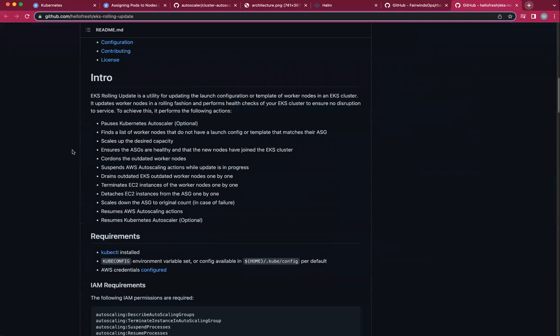And what this is, it's a script that when you make a change to your launch configuration, you can run this script and it will be able to tell that there's a change, and it is going to apply the desired state of your launch configuration in a high availability fashion. So it's going to create a whole new set of nodes with the new AMI or EKS version that you are updating, and then it will